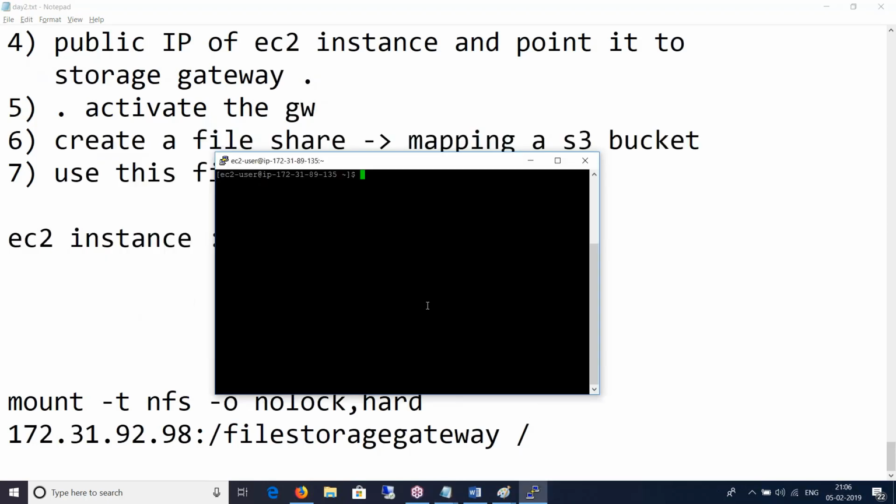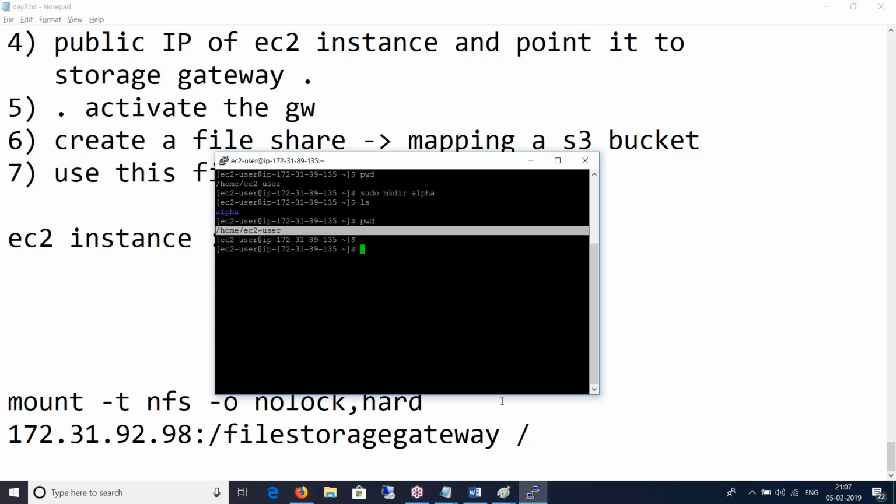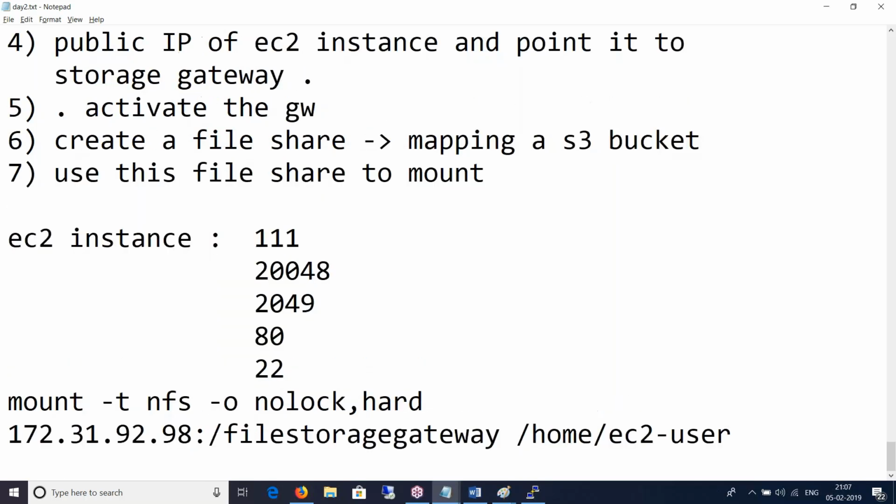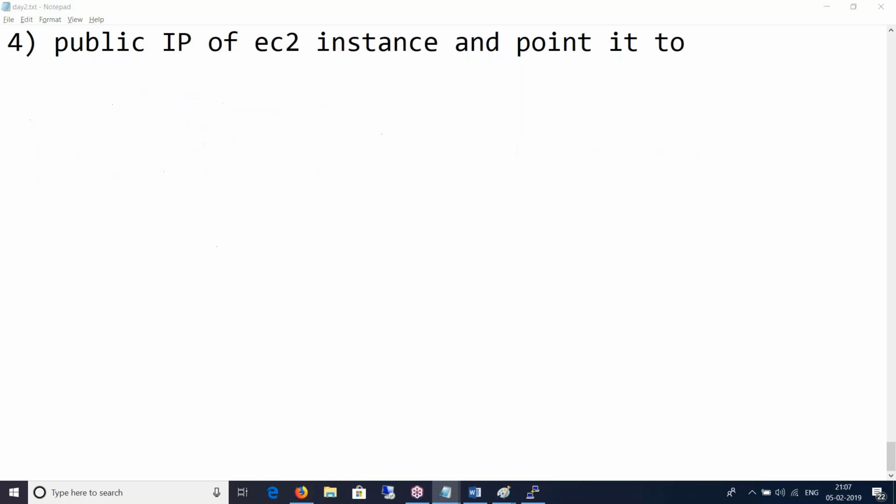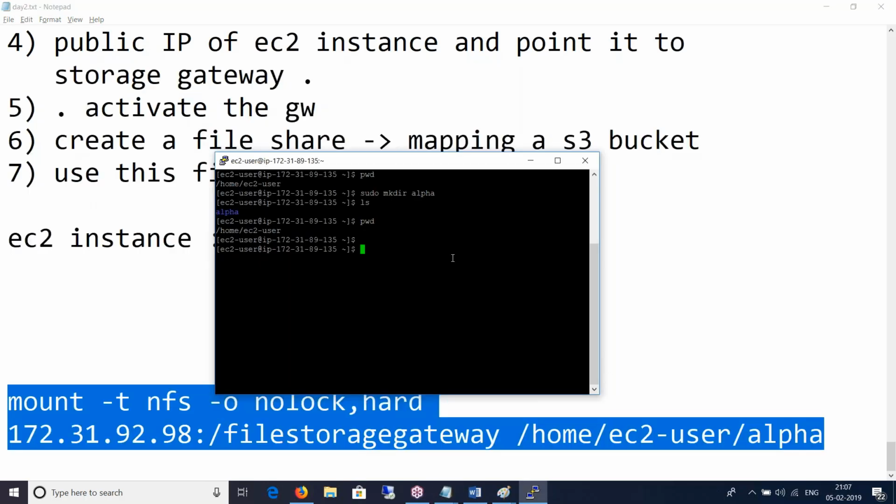Where am I located? There. So sudo mkdir alpha, got that, ls, I got alpha there. So I will mount it on the path /home/user/alpha. Okay, let's see.